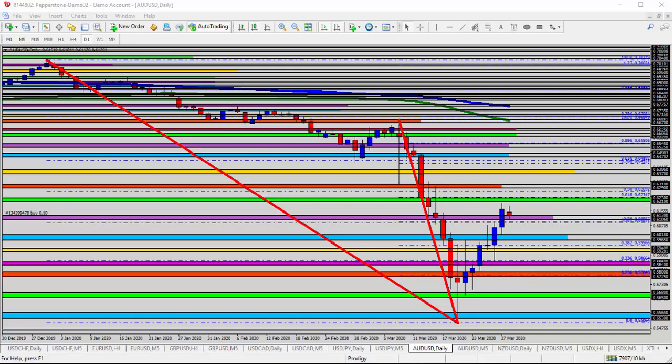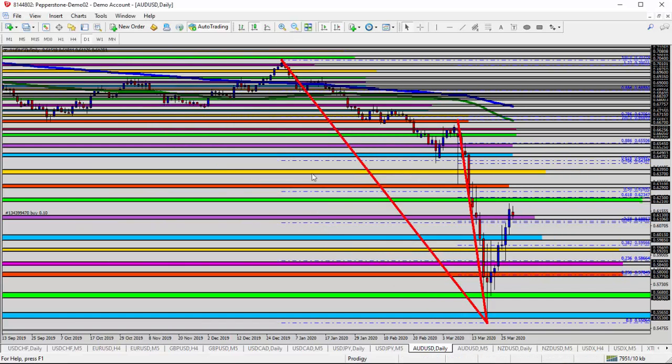Today we're taking a look at the AUDUSD, the Australian versus the US dollar, for today's trade analysis. I have two different trends highlighted with the red trend lines, specifically because we're measuring them with Fibonacci. Let me zoom out a little bit here so you can see the entire length of those trends and where